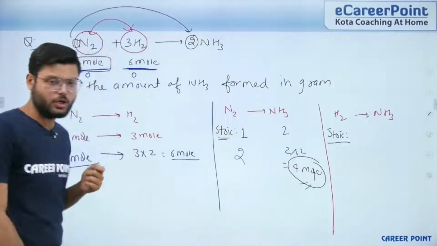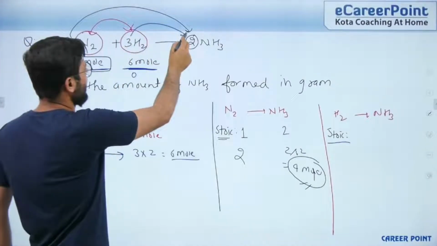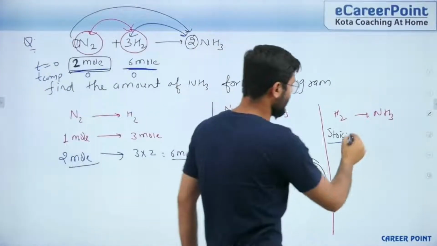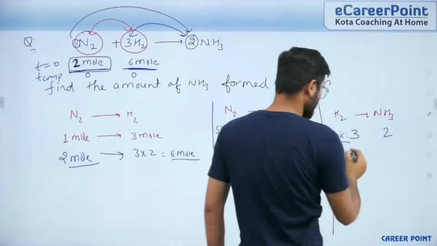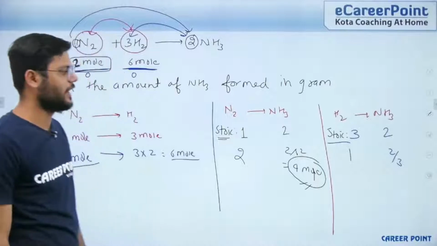Stoichiometry. So how will you do this? We have hydrogen and nitrogen forming ammonia. So we have 3 mole of hydrogen reacting with 1 mole of nitrogen, forming 2 mole of ammonia. So 1 mole of hydrogen will form 2 by 3 mole of ammonia. And if I will say further,